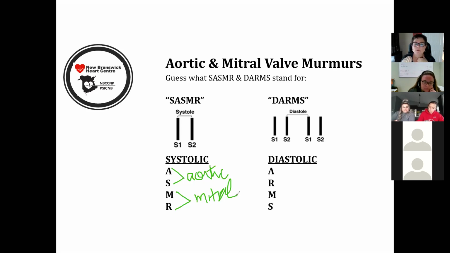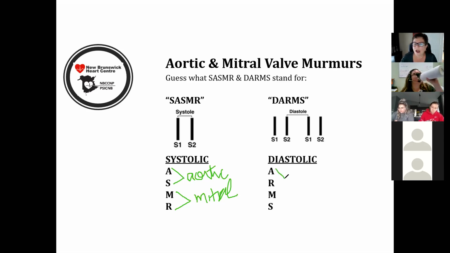The easiest murmur you're ever going to hear is aortic stenosis. So when somebody comes in for a TAVI, go in and listen to them. The cool thing is to listen to them pre-procedure and post-procedure. That systolic murmur should be much different after the procedure than before. So when I think of DARMAs,